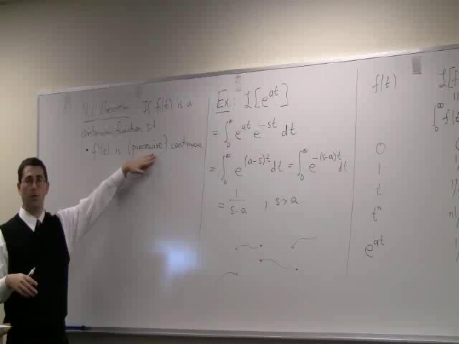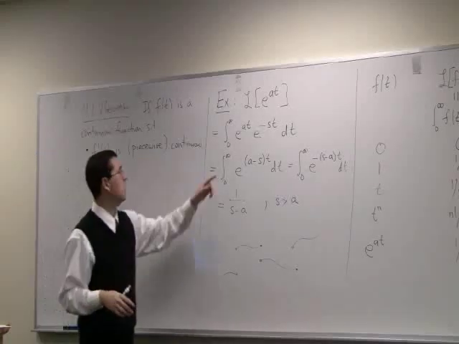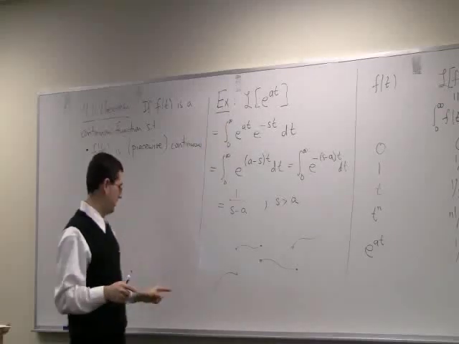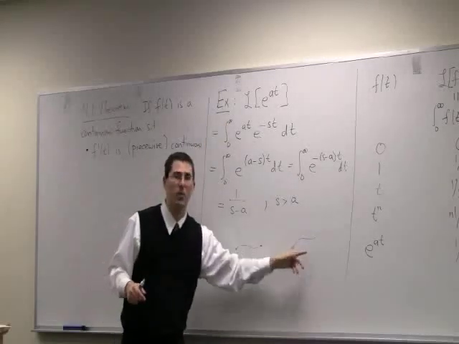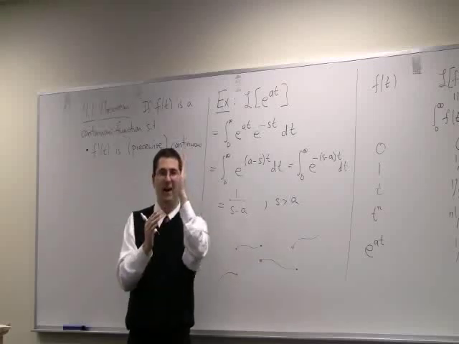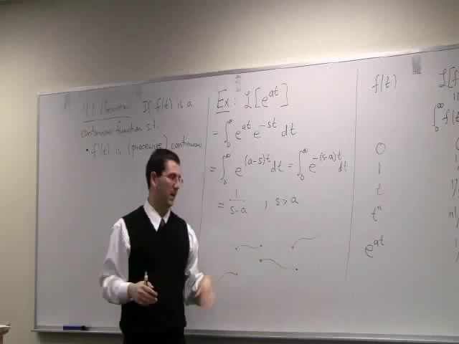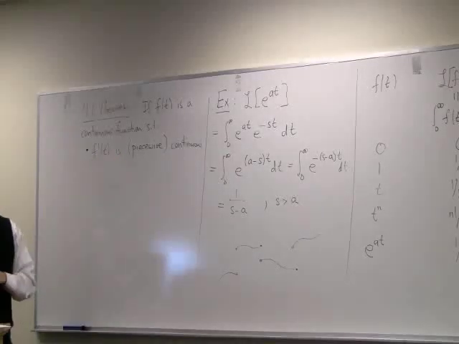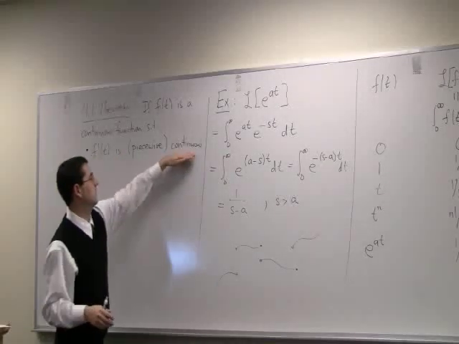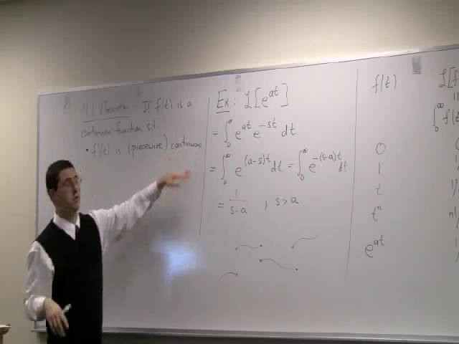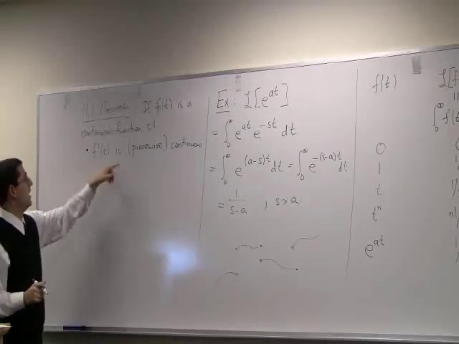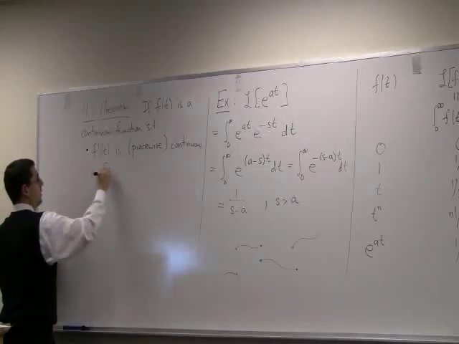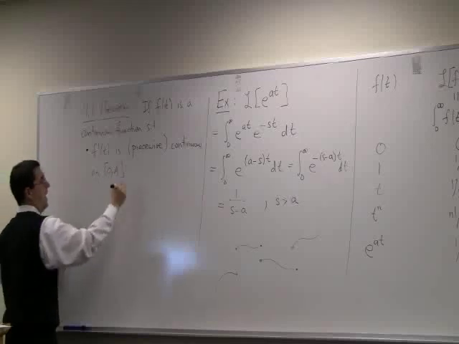There's nothing really interesting going on. And the reason why is, of course, when you integrate over a region, if there are discontinuities at just a finite number of points, it doesn't matter. The integral doesn't care about just a few points. It cares about the continuum of points. Okay, but I don't want to do these little manipulations, so I'm just going to prove it in the case where you have a continuous function. But it's true for piecewise. So if f prime of t is continuous on any interval 0 to a,